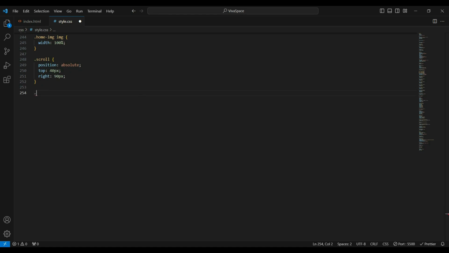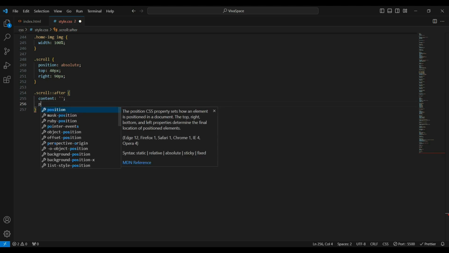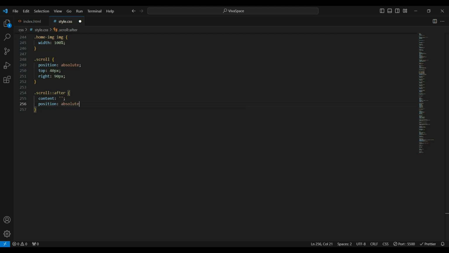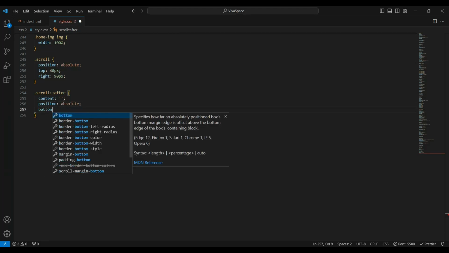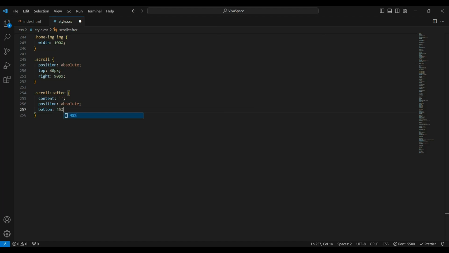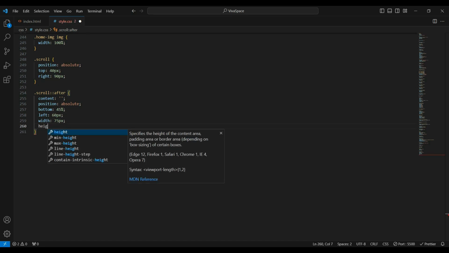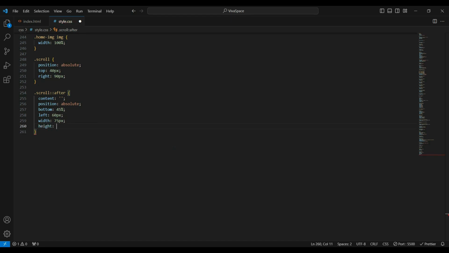And for the line, scroll after, an empty content, position absolute, bottom 45%, left 60 pixels, width 75 pixels, height 2 pixels,